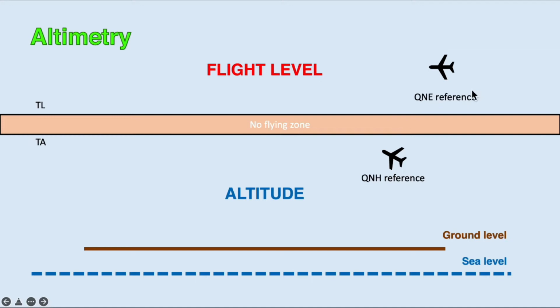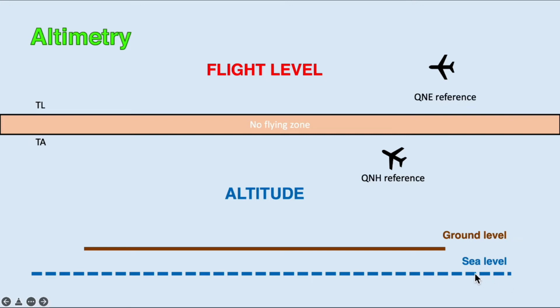When you're at higher altitudes, you have different places. For example, one plane is here at London, and this plane is in Manchester. Of course, the ground level is not always the same, but also the sea level is not the same at different points. That means that, for example, if someone from Manchester has the reference that is the sea level